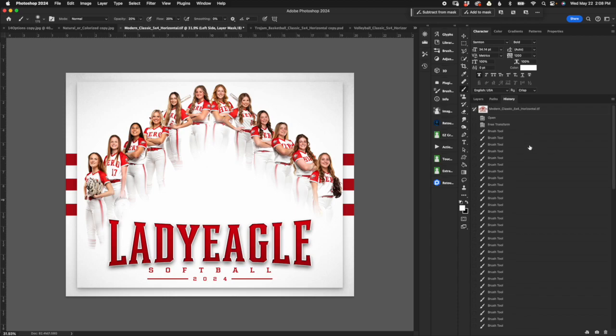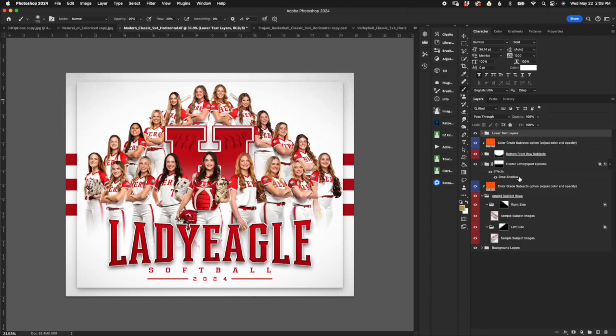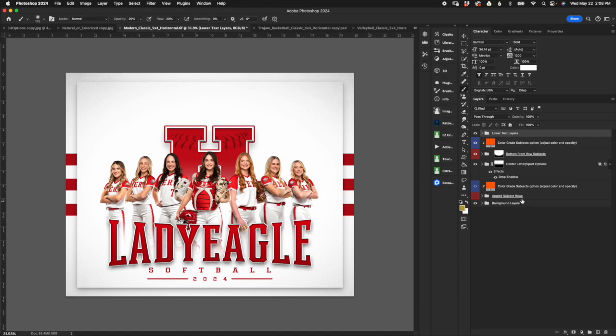Let's go back since I've got everything all mixed up here. So if you are not doing this layout, you would just turn off this angled subject. You'll notice that I have a color grade option duplicated because I don't want it to apply to the entire image. So whatever color and opacity level you have set for your first one, just make sure it's the same for this one. But if you're doing a single row,